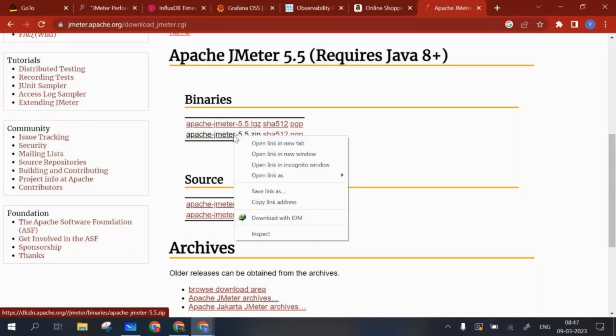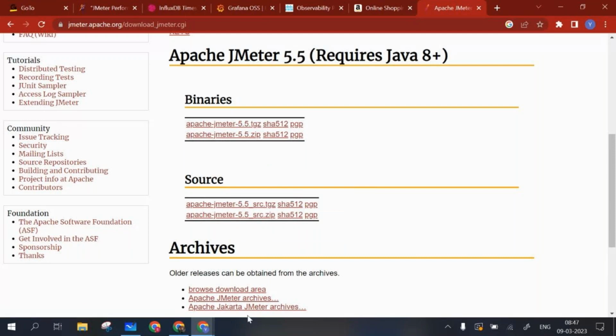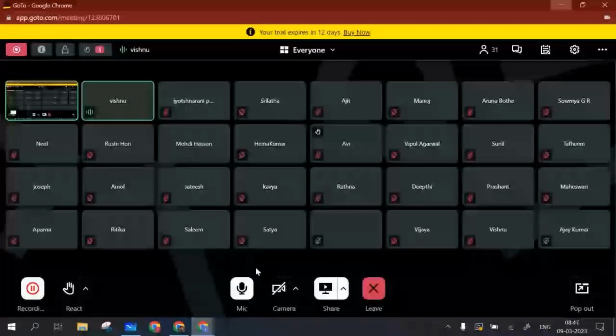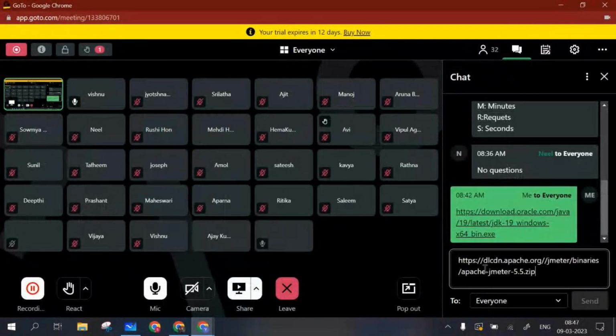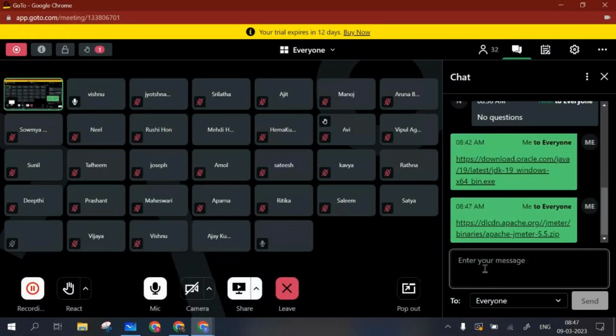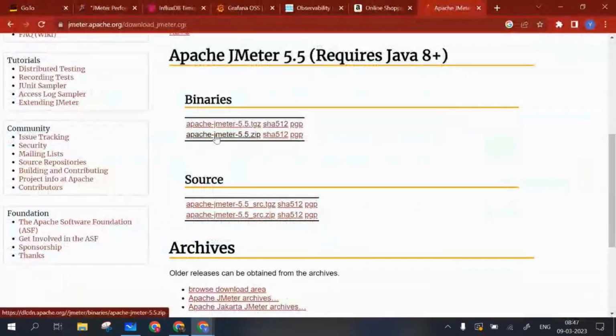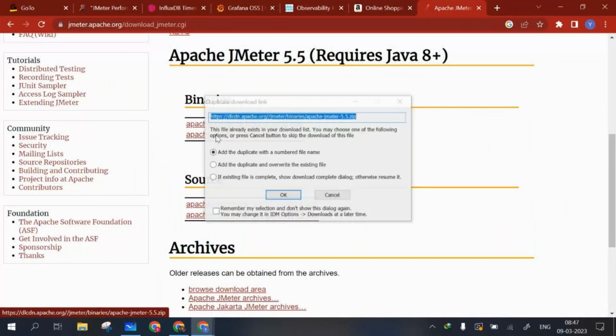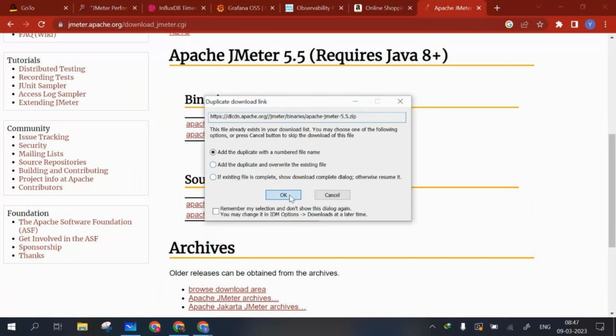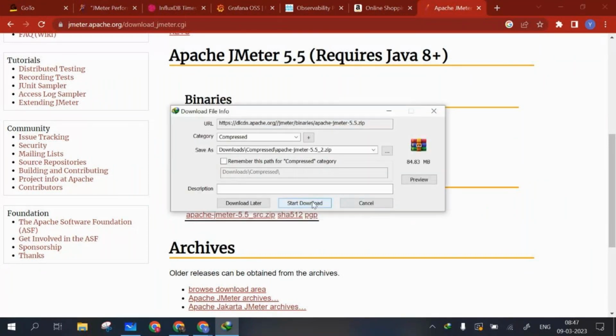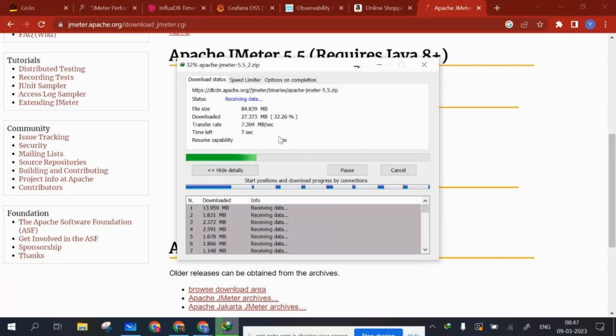I will copy the link address and put it in the chat. This will download the JMeter file for me. It's around 84 MB. Once it's downloaded,